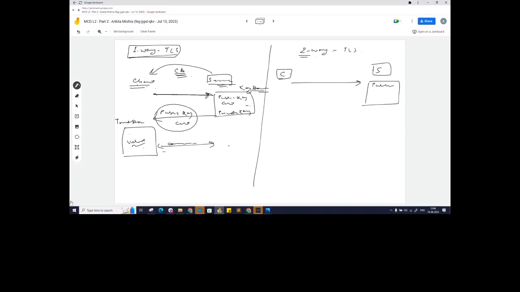I'll just shut the window. Sure. Yeah, now is it fine?